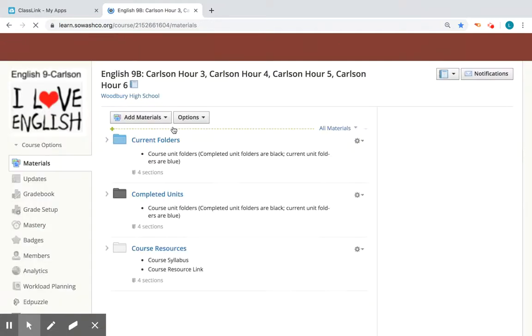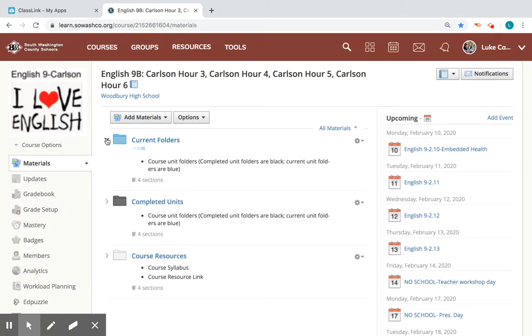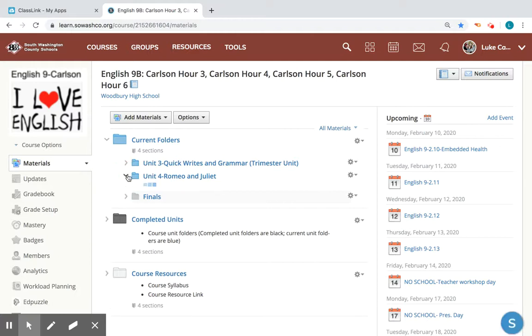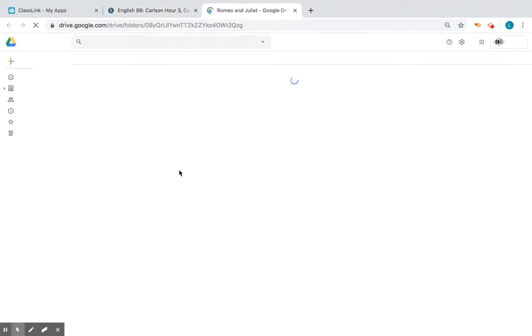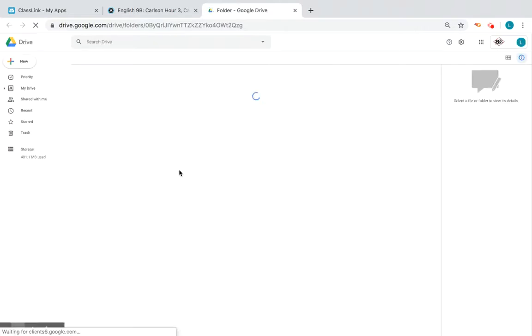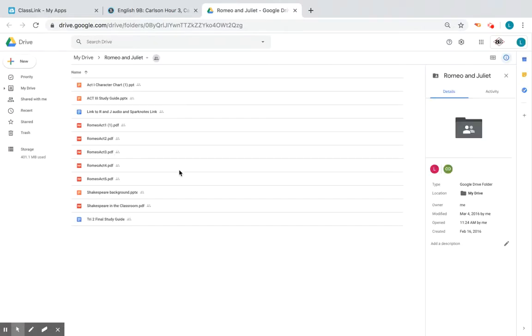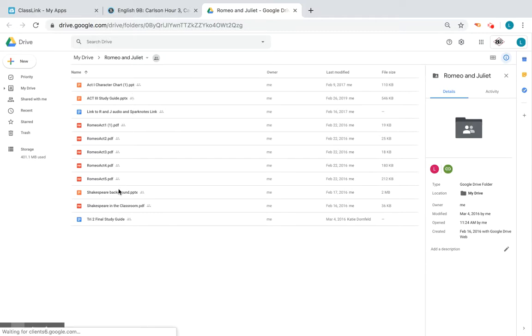We are in Romeo and Juliet now, and you will see in here all these documents for Romeo and Juliet materials. All of these are on the desk over by the royal poster with all of your lions there. Every act has a study guide that goes along with it. So I'm sure you guys can help the substitute out and get those passed out when need be. That's a big thing there.